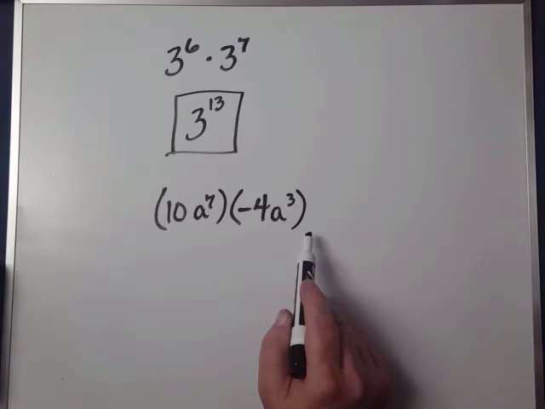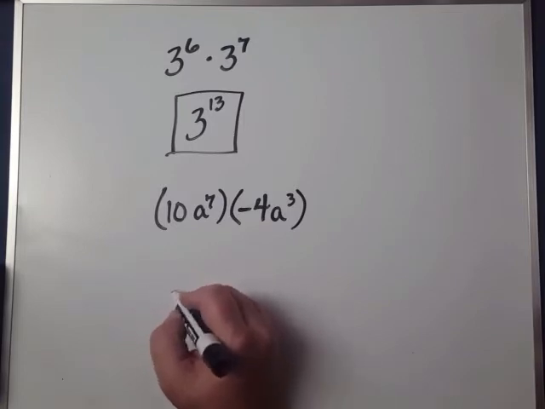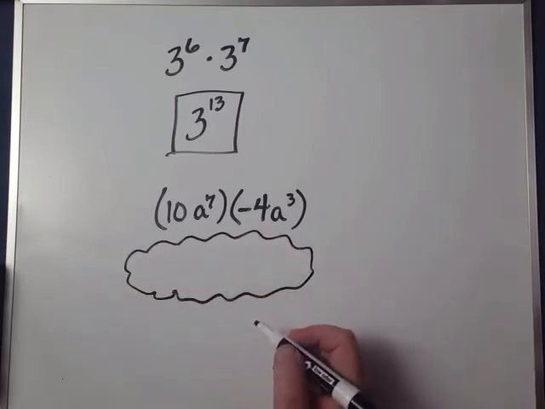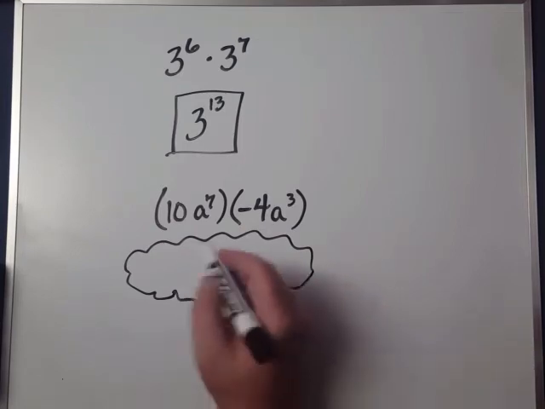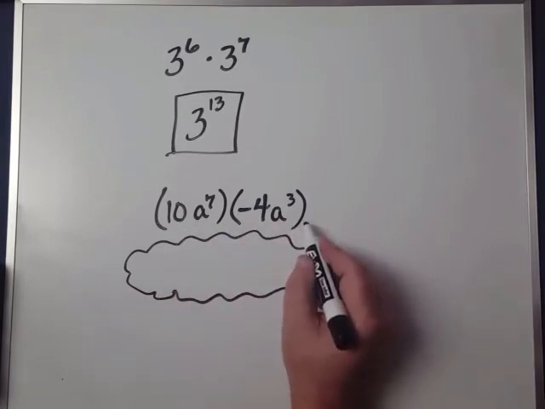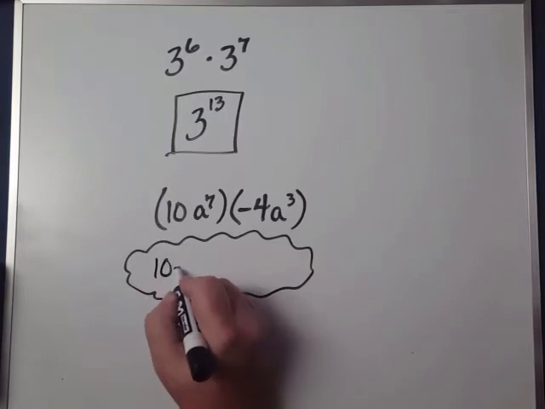The commutative property lets me reorder the factors. And so, at least in my head, and this is probably just a mental step, I don't know that we'd actually need to see this on our paper, but what we're going to do, at least in our head, is drop the parentheses, get my numeric factors together,